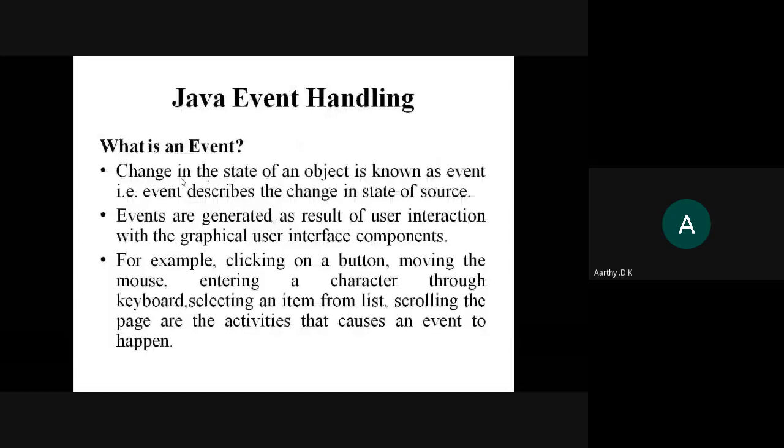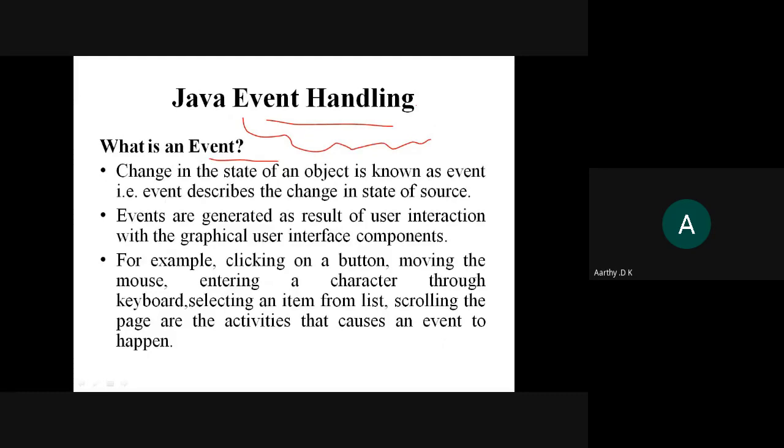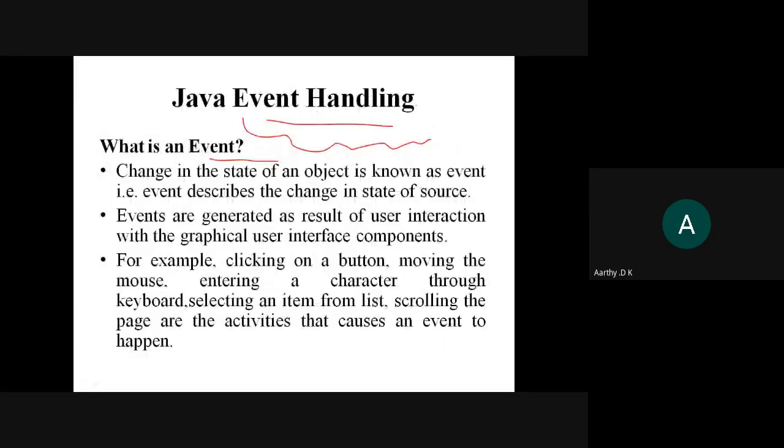Okay, so that's it for the recap, and we are into today's topic, which is event handling. As I told you, an event is nothing but any kind of action that we do. Here I'm just moving my mouse and trying to make an annotation. So this key is pressed, right? Some kind of things I'm doing with my mouse. Likewise, I can also press a key such that the slides move on. So this is called an event.